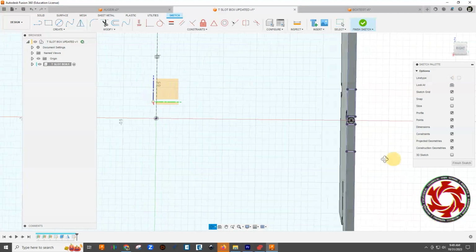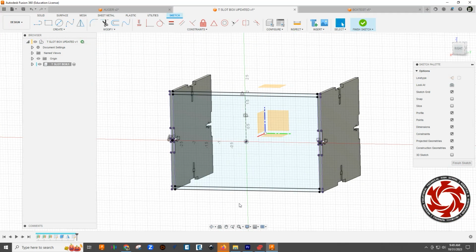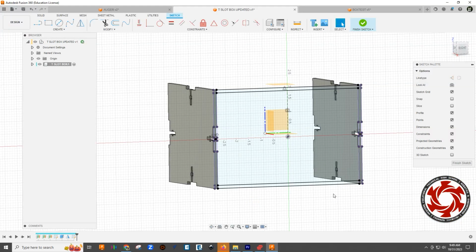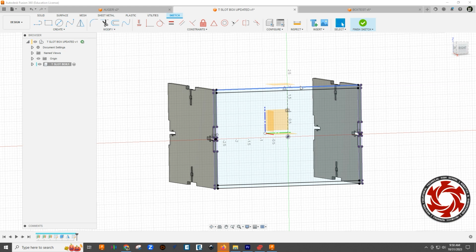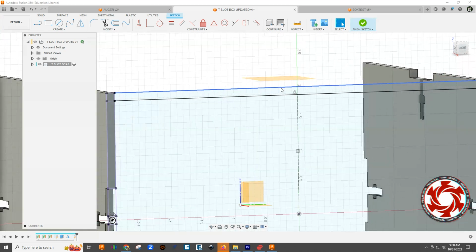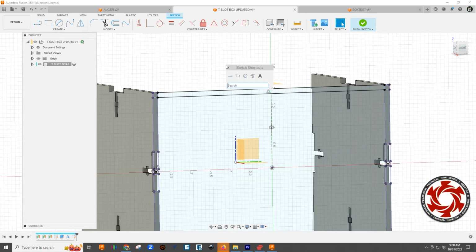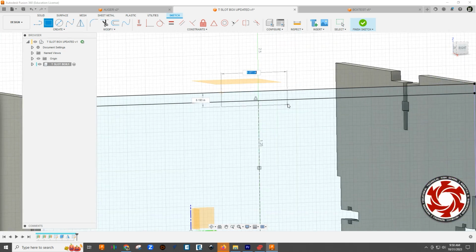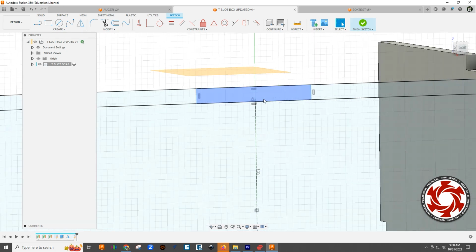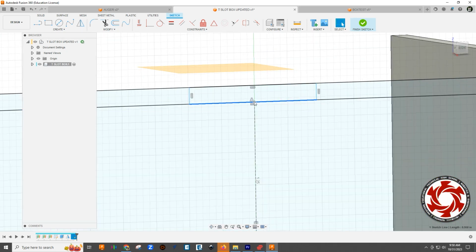Now on the top, I'm just going to redraw. This is the last time, I swear. We will redraw a T-slot. And then that will get mirrored to the bottom as well. So we'll go ahead and do that real quick. So we'll again start with a 2-point rectangle. So you'll get some practice with this. We'll give it, let's midpoint it